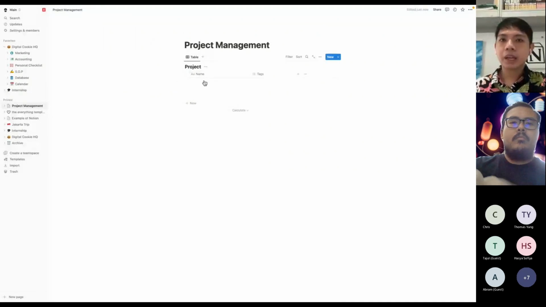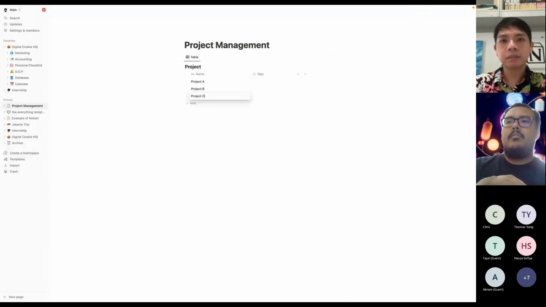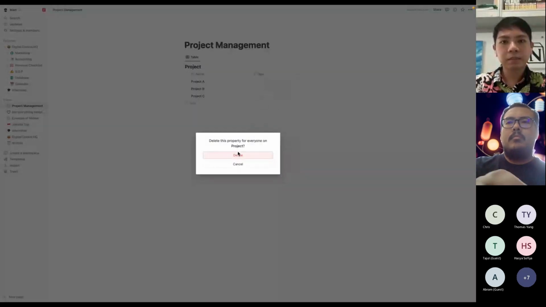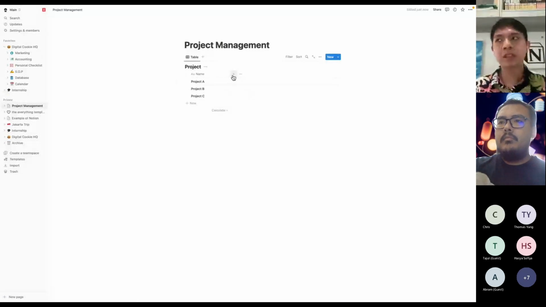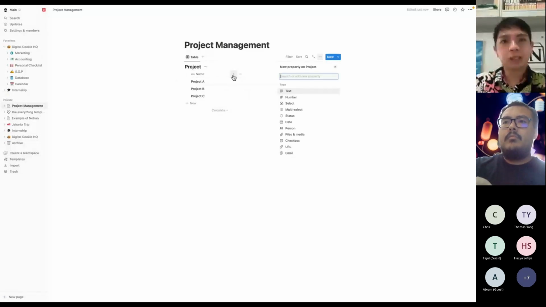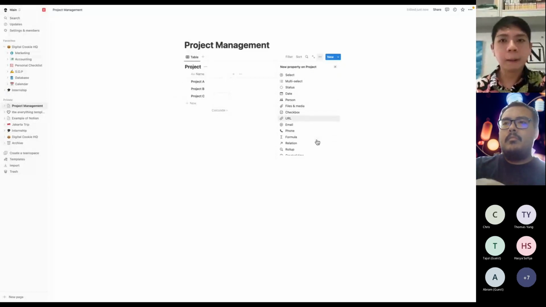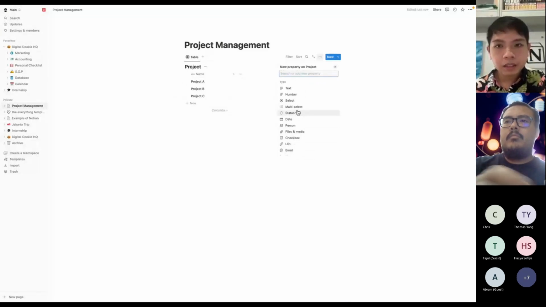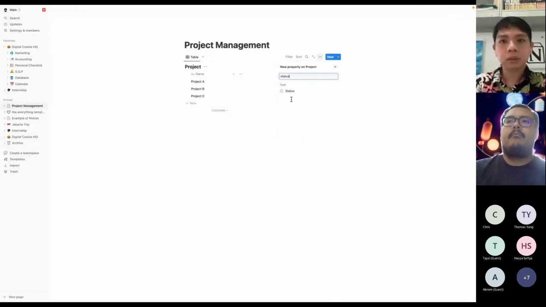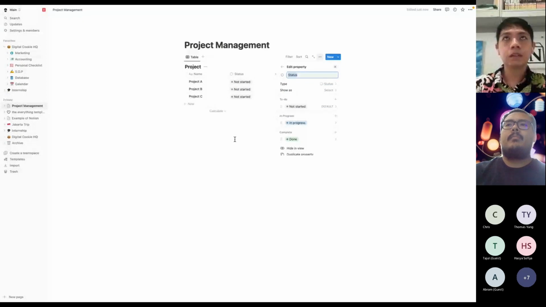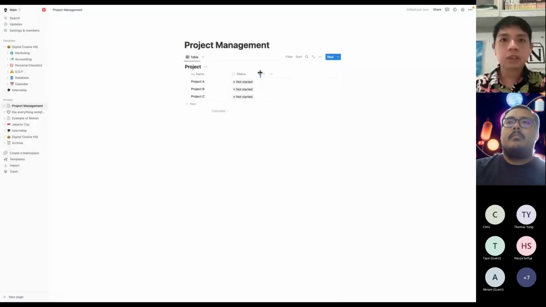What this does is that you can create a table, maybe project A, project B, project C. And then let me just delete this. If you've worked with Excel before, it's kind of similar, but also very different. There are a few restrictions and a lot of different benefits as well. But in this case, let me show you something called status. When you click the plus, you add a new property, and then I can select this thing called status. So there's a status.